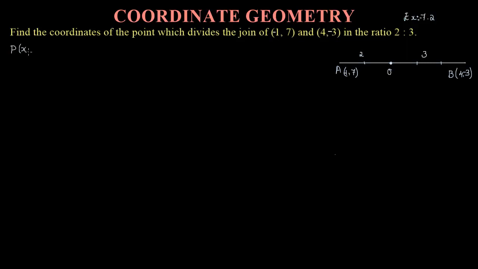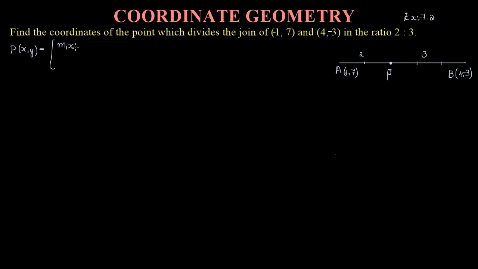P of x comma y. If I am naming it as P, then it holds good. Otherwise you would write O of x comma y, because we want to find the coordinate of this point, and if the point is P, write P here. If you have named it as O, write O of x comma y, because we need to find the coordinate of that point, right? Which will be equal to, write bracket,